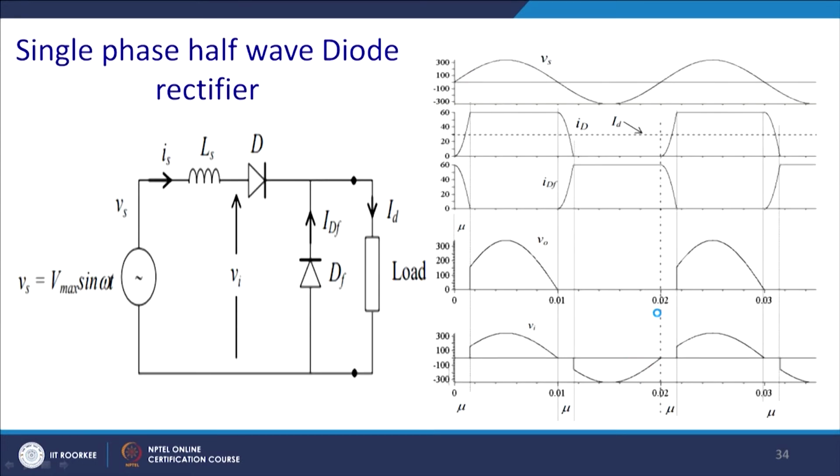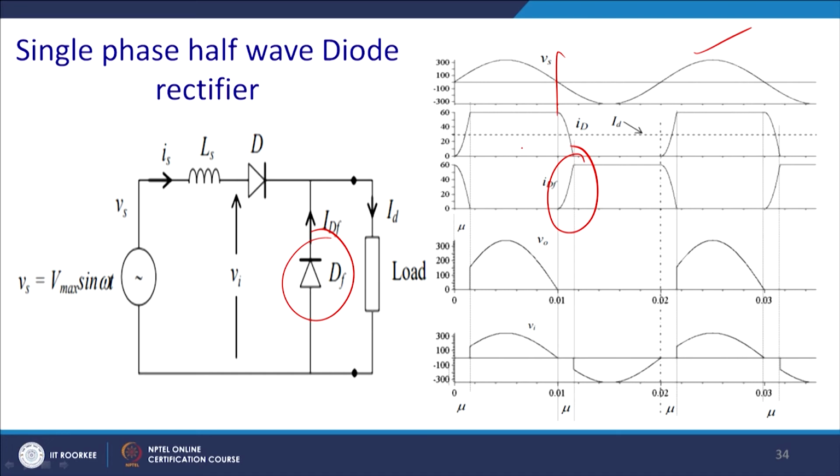Now, let us take a simple example of source inductance with a free wheel diode of a single phase half wave rectifier. This is the source voltage, and thereafter this is the current ID, because it picks up. Once this current goes to 0, because of the source inductance it will try to conduct, and this will fall, but it is not instantaneous that DF will pick up. There will be a time after which DF will pick up, and it will continue to flow.